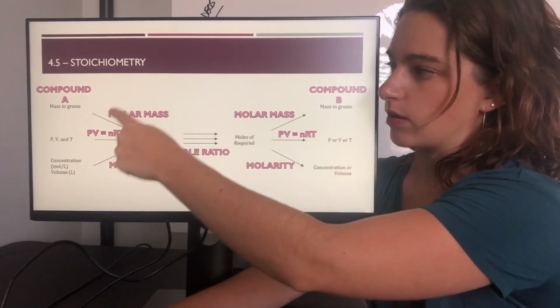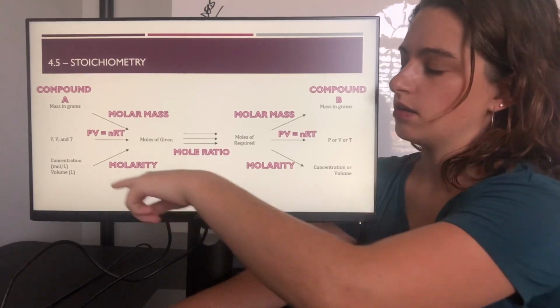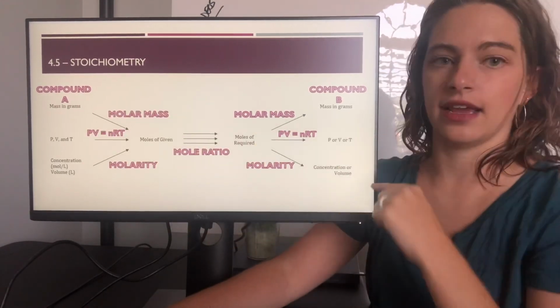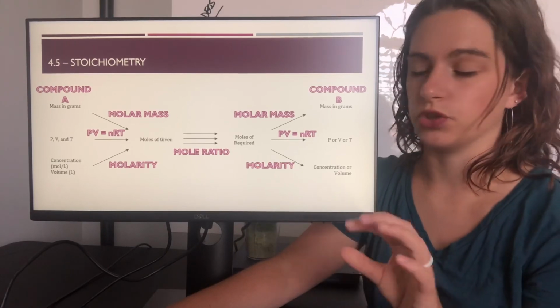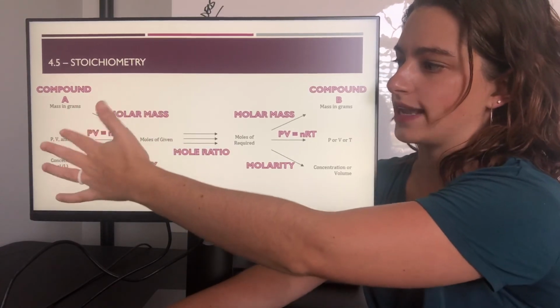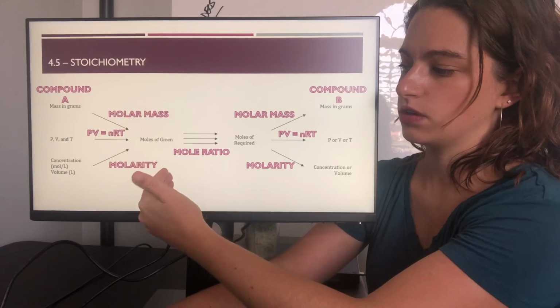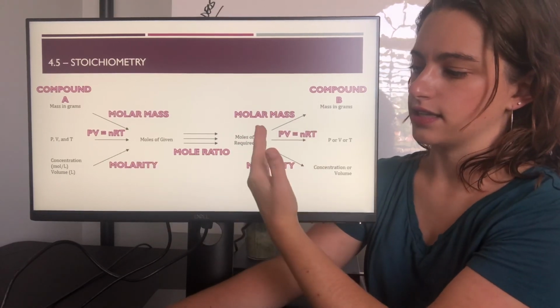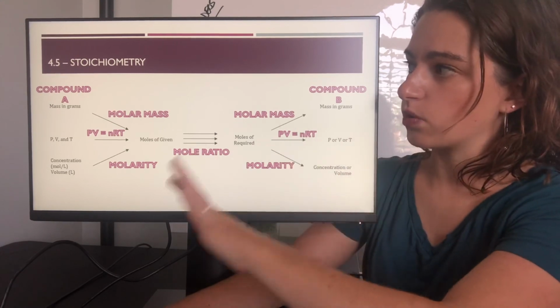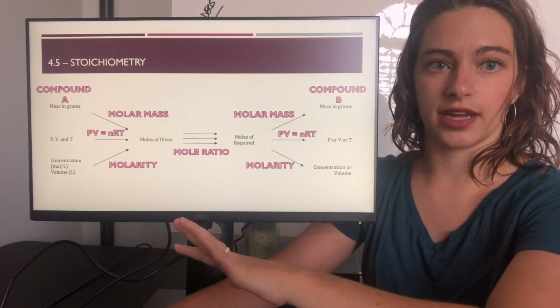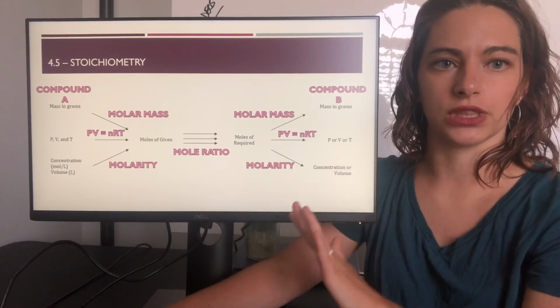That's going to guide what steps you have to do, because your pathway can follow any of these paths. No matter what, it's always going to go through the mole ratio, which means your first question is always, how do I get from my given to moles? And then your second question is, how do I get from moles to whatever I'm asked for? So that's our general roadmap for stoichiometry. This gets better through lots and lots of